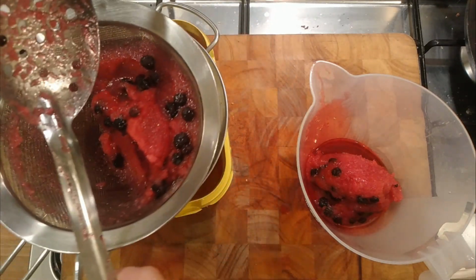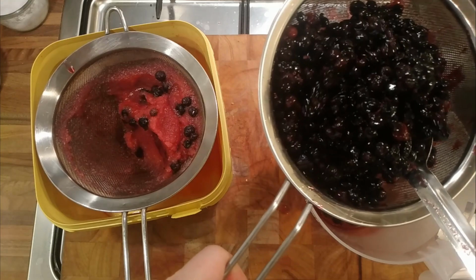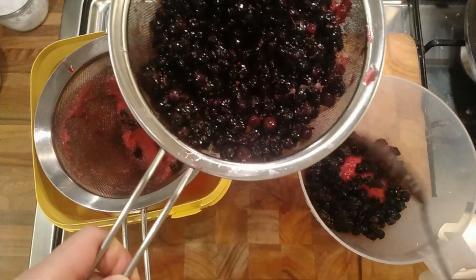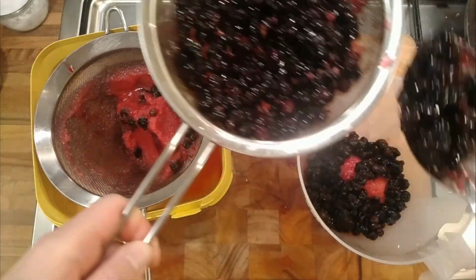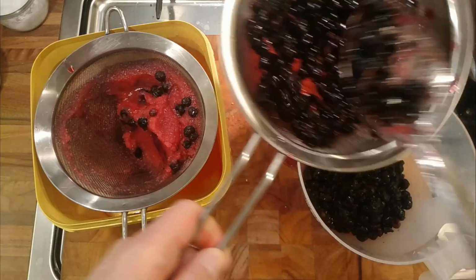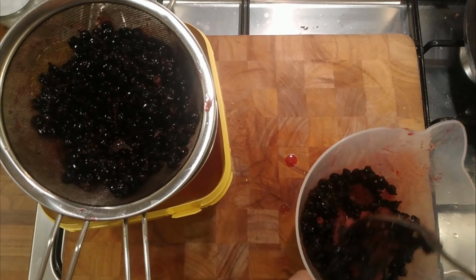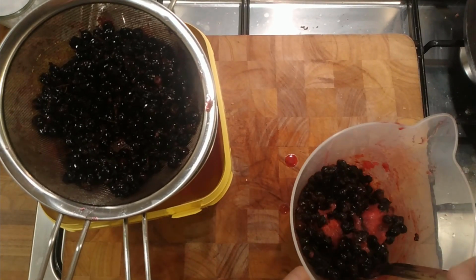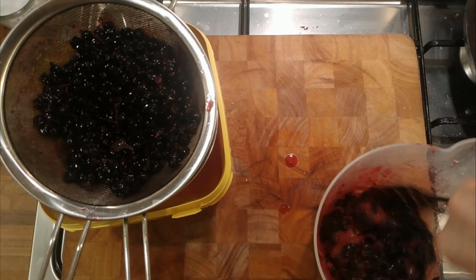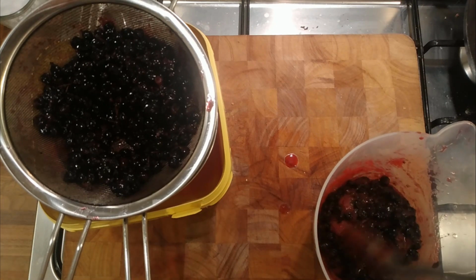Try not to make a mess of everything. And then I'm going to take half these, that's about half. I'm going to mix those up and see what happens. See if we can get any more moist. See if that sugar will extract out any more of that liquid from those, like that, and then a bit